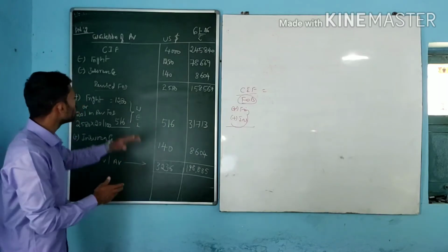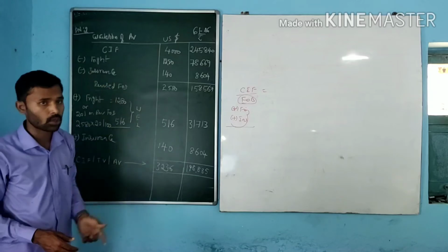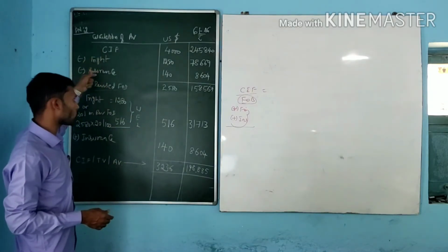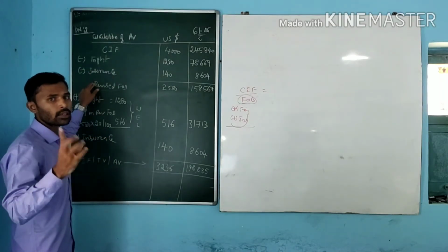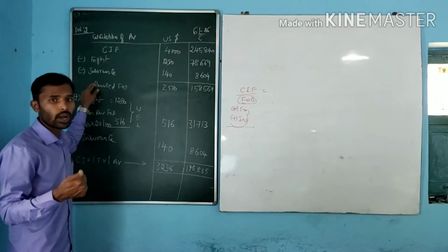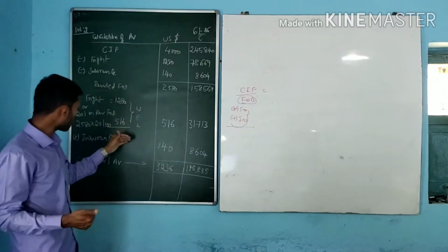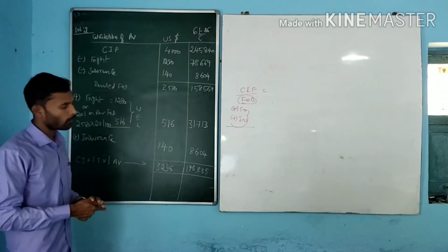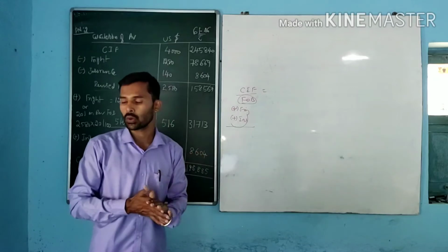Suppose in case CAF, insurance, freight, designing and development charges are all given, then what do we have to do? CAF minus freight minus insurance gives revised FOB. Add again development charges, design charges, packing charges, commissions, royalties, any license fee, add all of them if given. Then again you can add the freight or insurance on adjusted FOB. This is how we calculate the assessable value on importing of the goods, right?